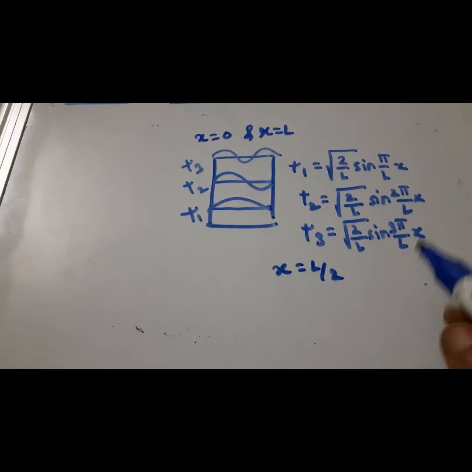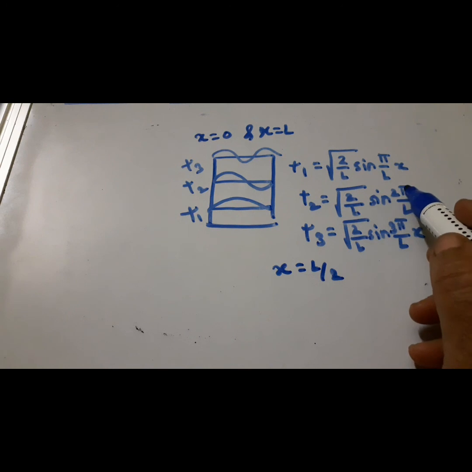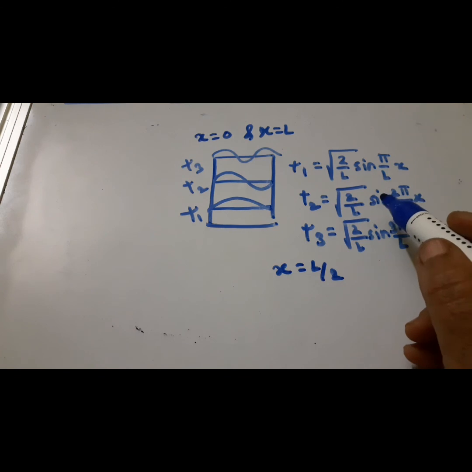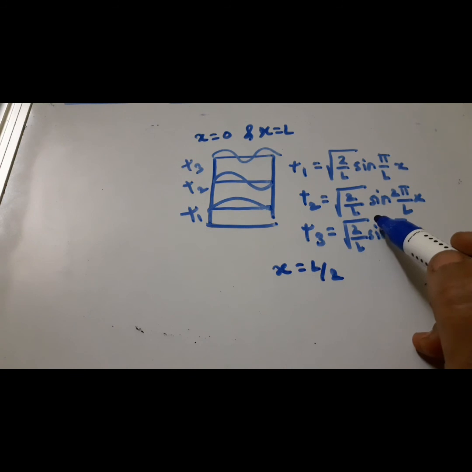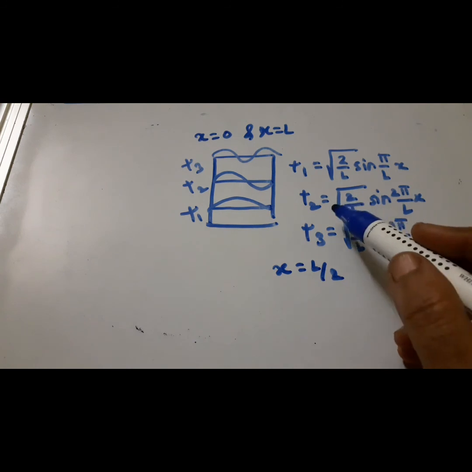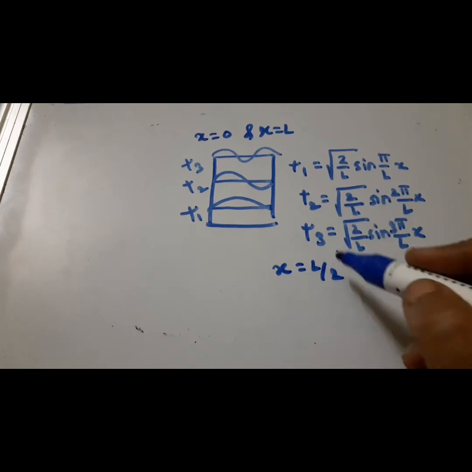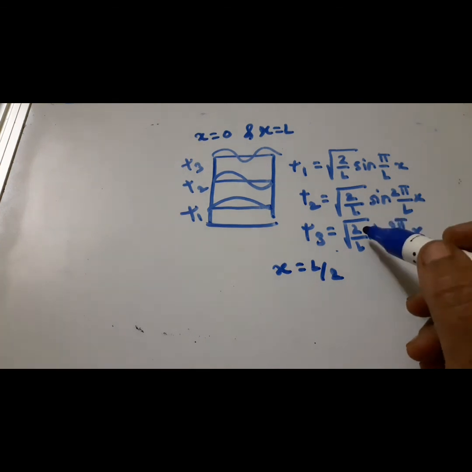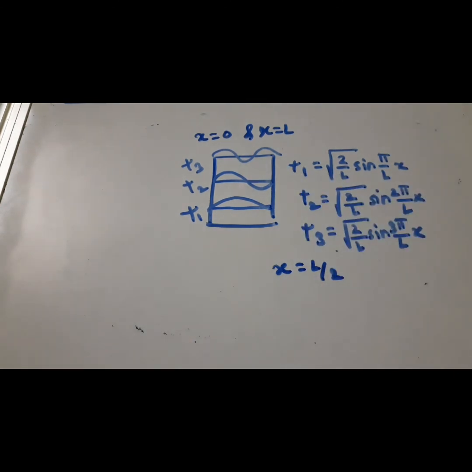In the second eigenfunction, psi 2 is equal to under root of 2 by L sine of 2 pi by L into x. The probability is 0 at x is equal to 0, x is equal to L by 2 and x is equal to L. At the other points, the probability will change along the sine curve, and hence this is the proof that the energy is quantized inside the box.